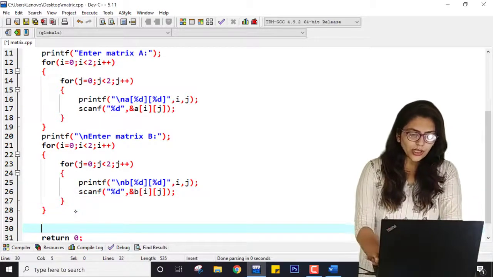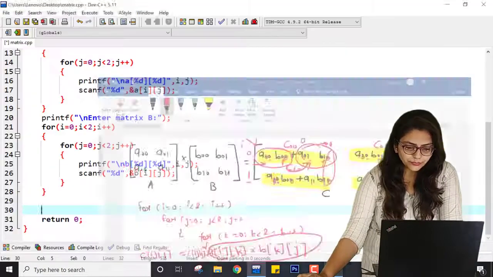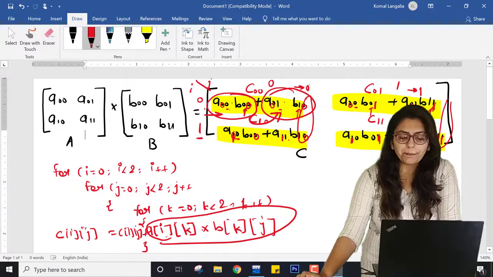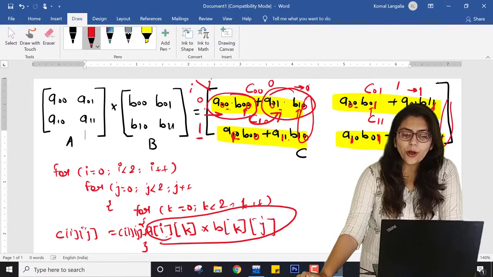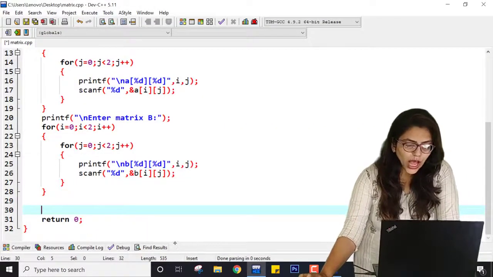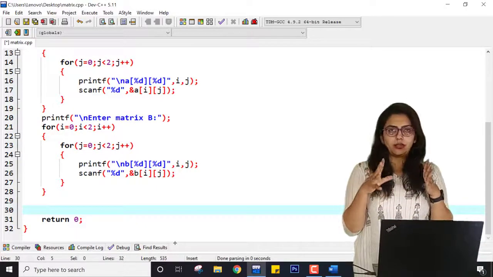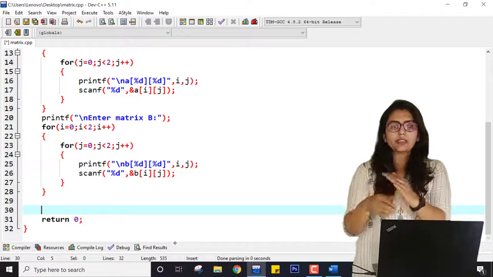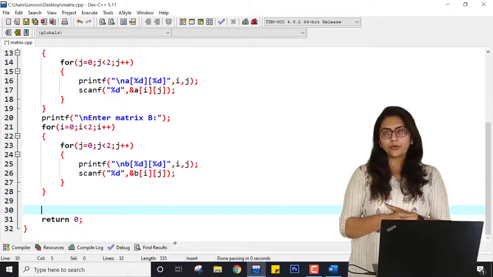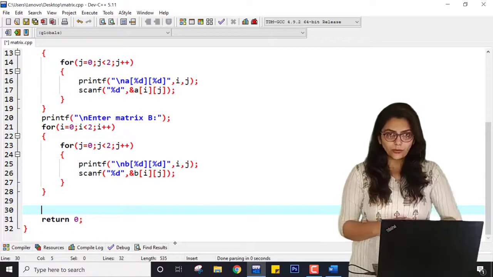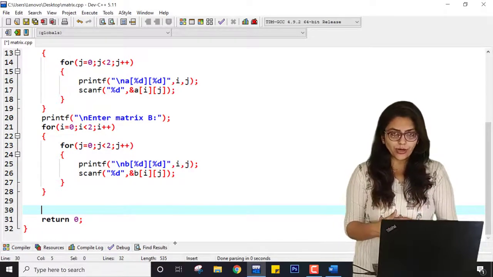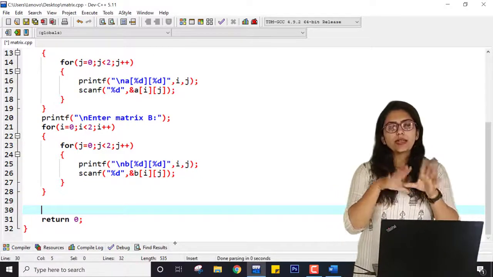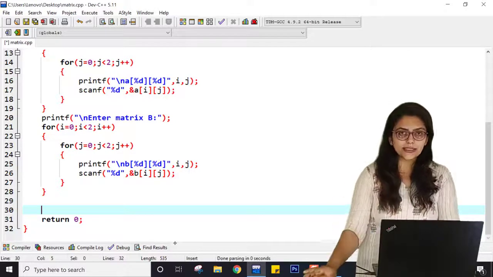Now what was the equation I was doing? I am doing C of ij equal to C of ij plus A of ik into B of kj. So you first have to initialize the value of C of ij.